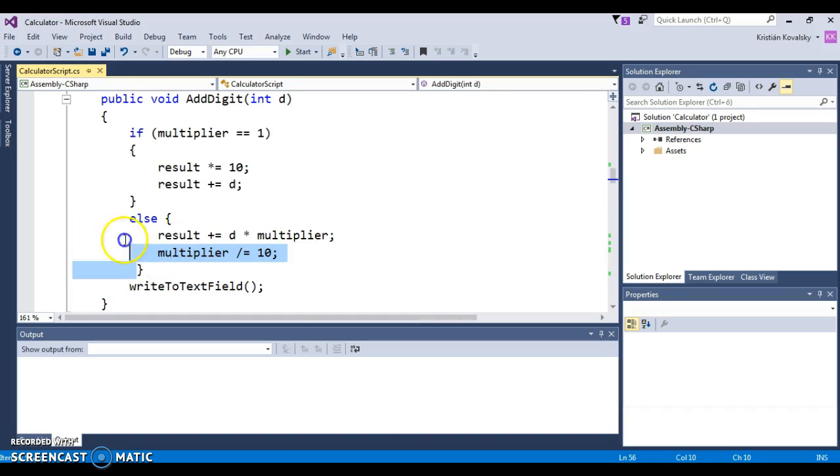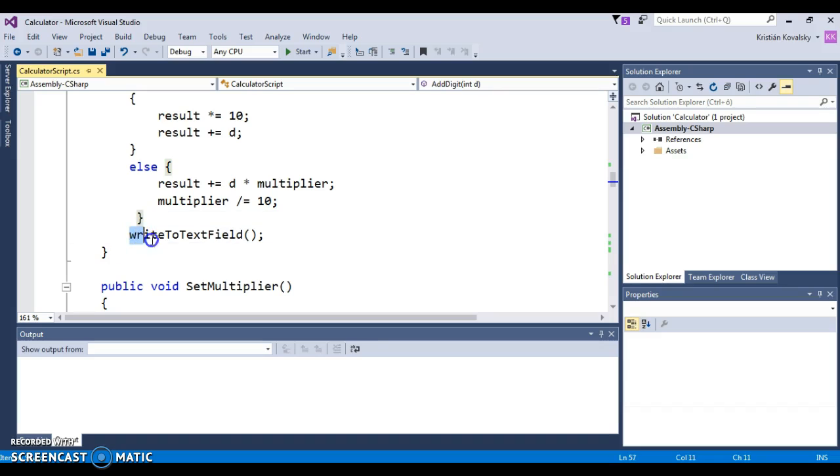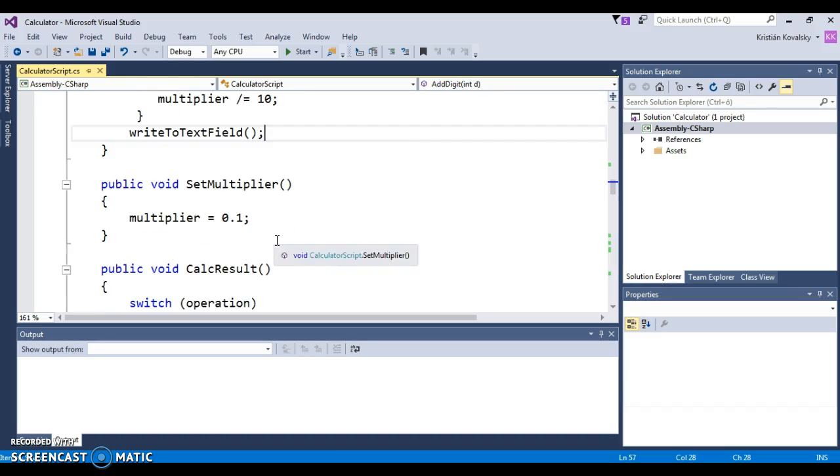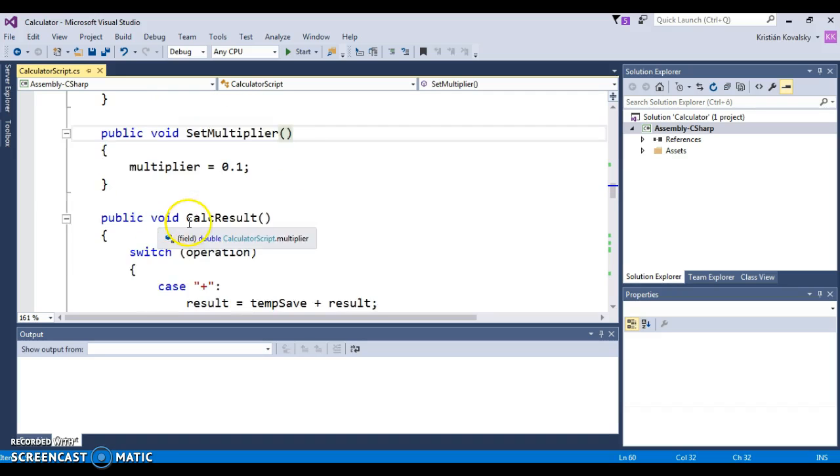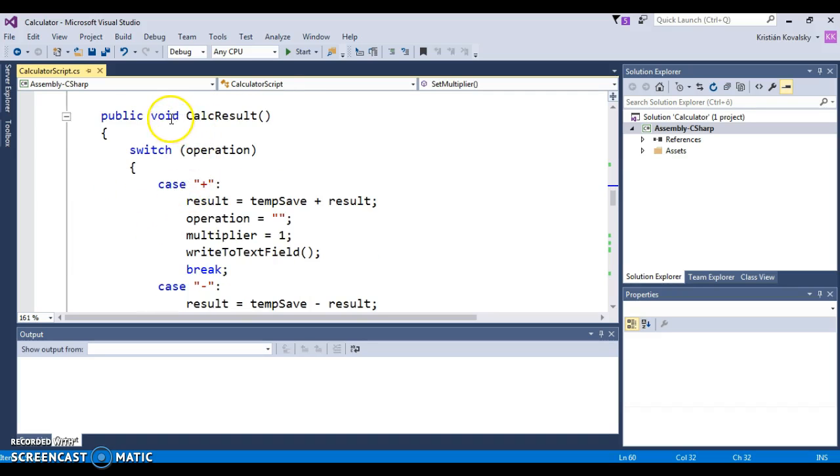And this whole if condition ends right here, and then I just have a call to the write to text field function, so I display my number. This set multiplier function, I just explained it. So let's move on. And then I have a function called result, and then I have a switch case here,